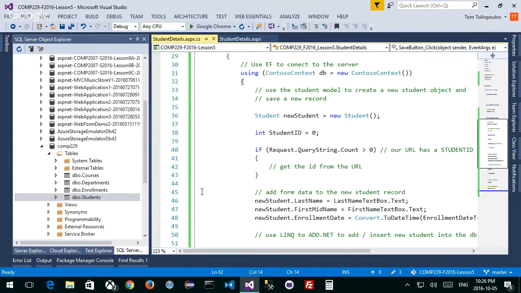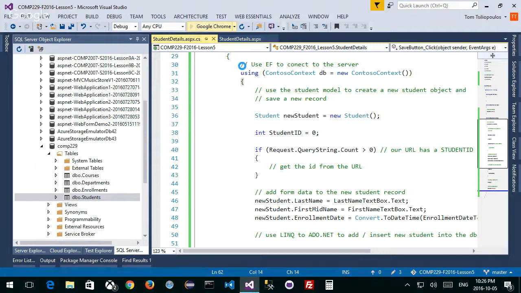Now remember, I'm focusing on the data grid view. I guarantee the data grid view itself, because we've talked about it for a couple of weeks, is going to be on the test, on the exam. I'm going to get you to make a data grid view. I'm going to give you details on how to do it. I'm going to say add a data grid view, do this, add an edit button, add a delete button, add this, because you're going to have to do the same things that I'm doing here.